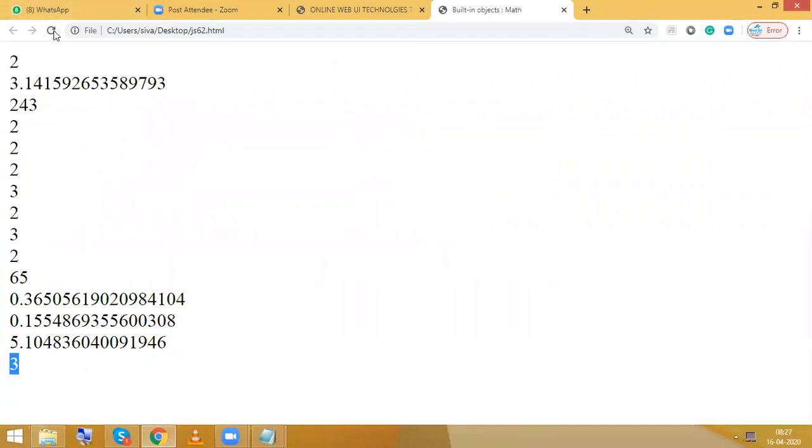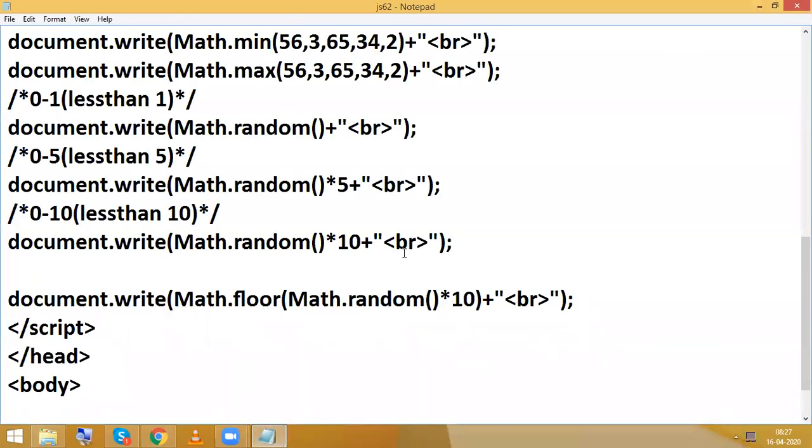So whatever it may be, in between 0 and 9. Fine. So now whenever we are using the floor value, if it is 9.9, that is nothing but 9 only.